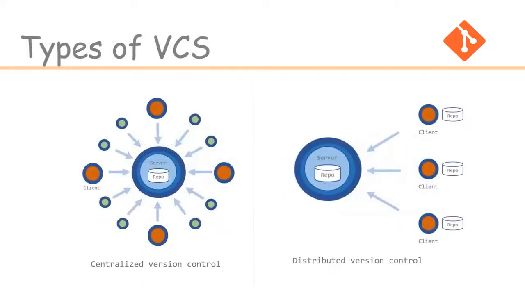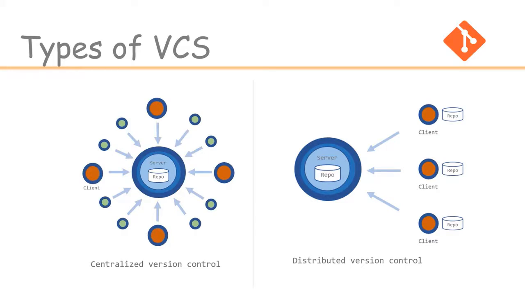We have two different types of version control system. The first one is the centralized version control system and the second is the distributed version control system. A centralized version control system uses a central server to store all the files and enables team collaboration. But a major drawback of such a system is the single point of failure. If the central server goes down for some time, then no one can collaborate with each other. And in the worst case, if the disk of the central server gets corrupted and the backup is not there, then the entire project history is gone.